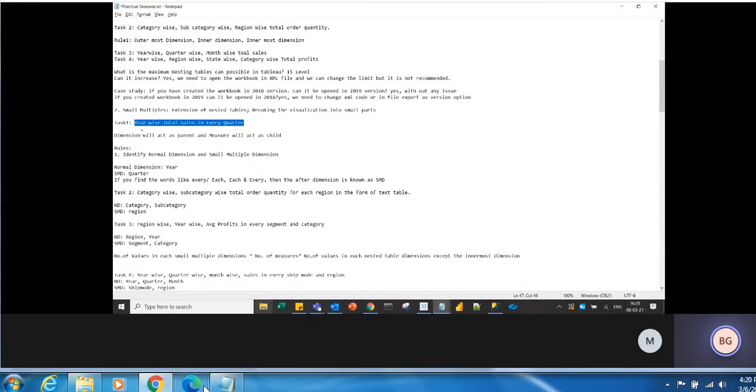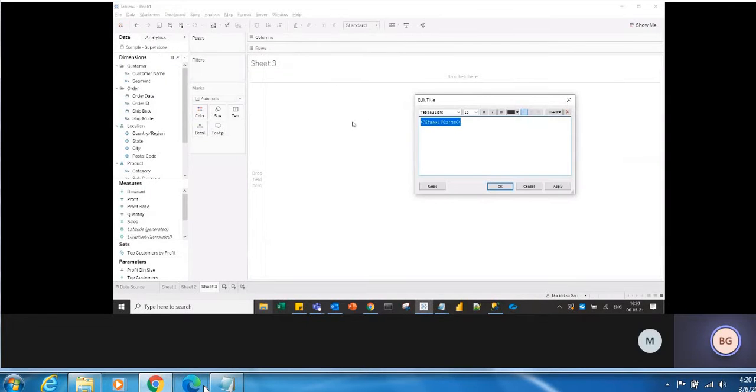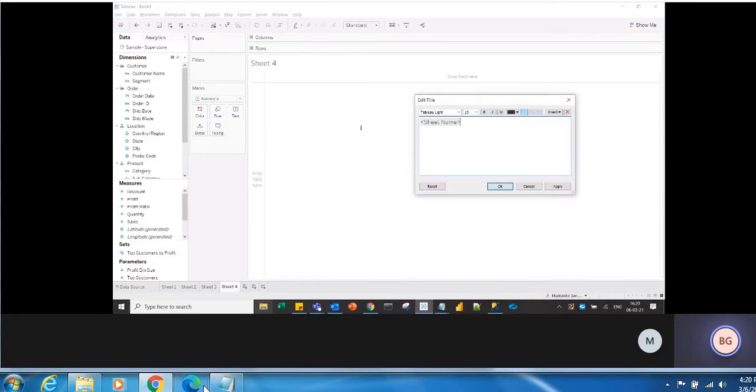So let's do another task. Okay, this task we'll see using both nested as well as small multiple dimensions. So let's see both.